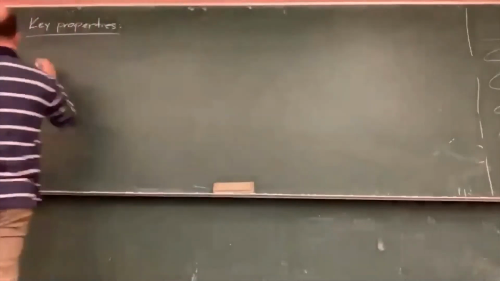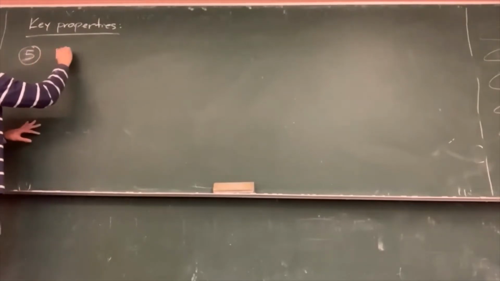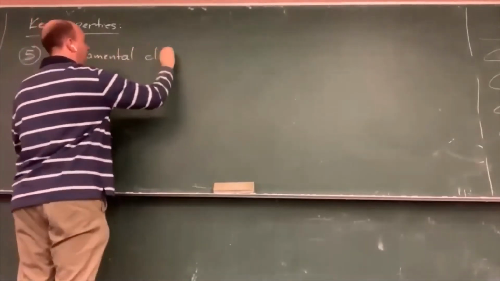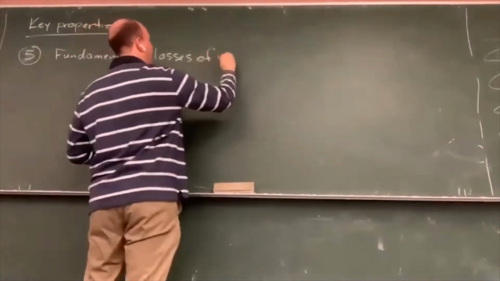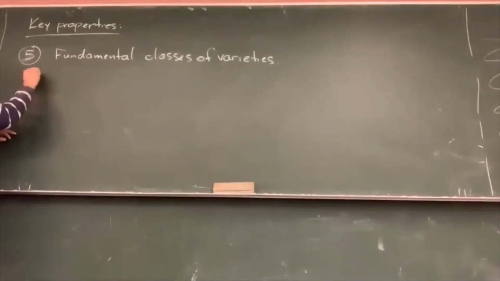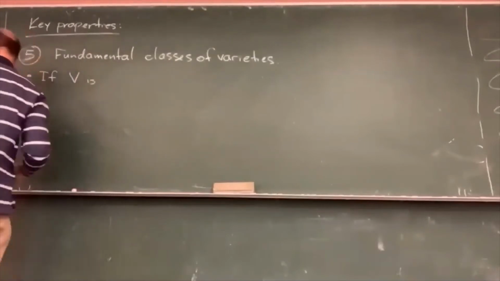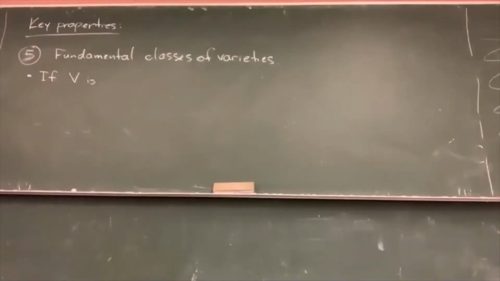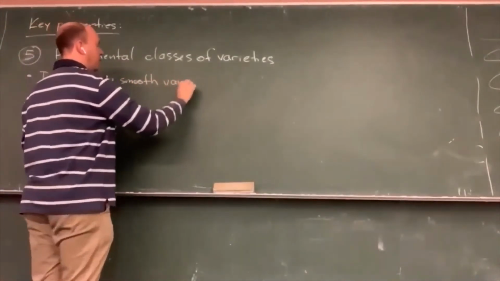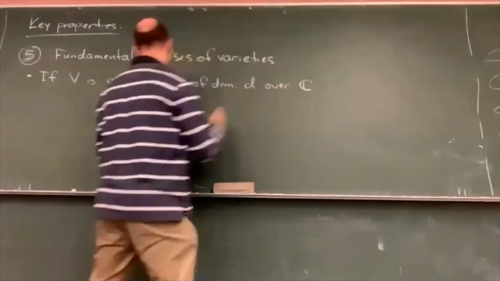So I guess this would be number 5. It's slightly different from the others because this is now a statement about fundamental classes of varieties. So firstly, if V is, sorry, if V is a smooth variety of dimension D over C, smooth irreducible,